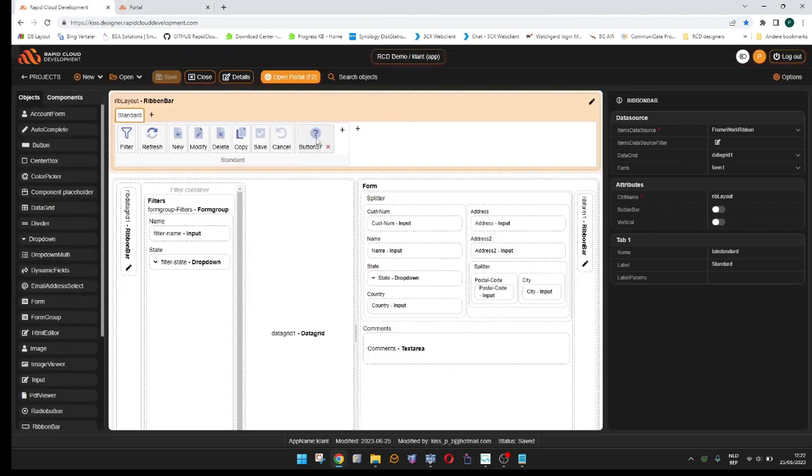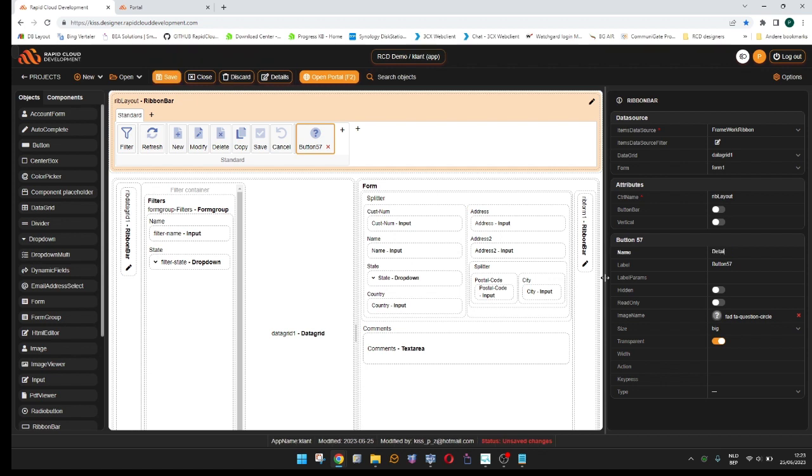Now we still need to do some additional setup on the button, because at the moment it's not doing anything. So I'll just simply click on the button and I'll look here on the right, and these are my button attributes. I could call this, for example, details. I'll do details